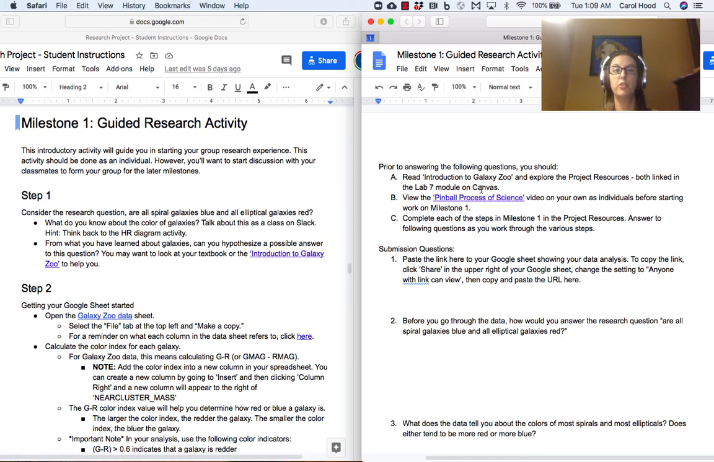As mentioned in the research project overview, in Milestone 1, you're going to go through and investigate the given research question. Are all spiral galaxies blue and all elliptical galaxies red? While you're doing this, you're going to work yourself through the various steps in the Milestone 1 activity as listed in the research project student instructions,